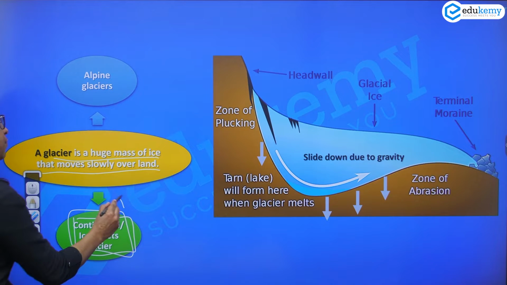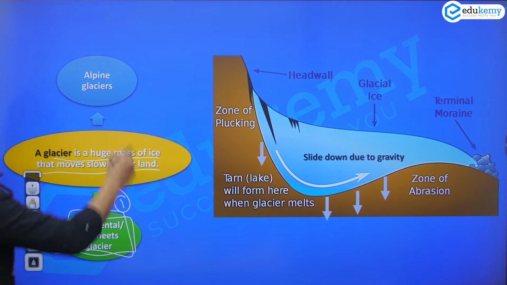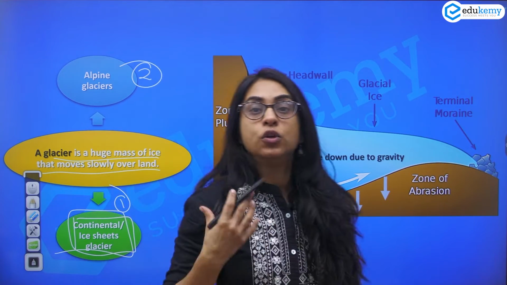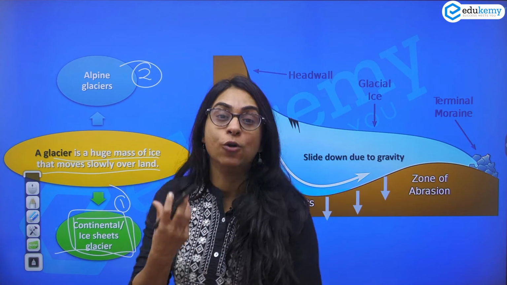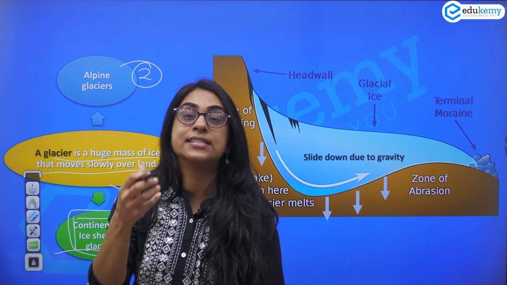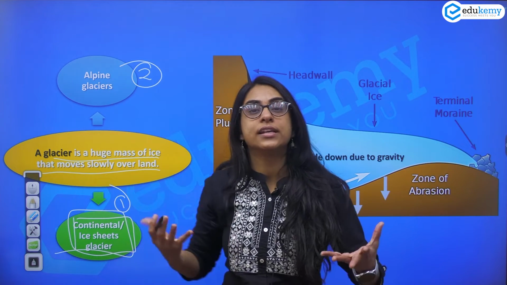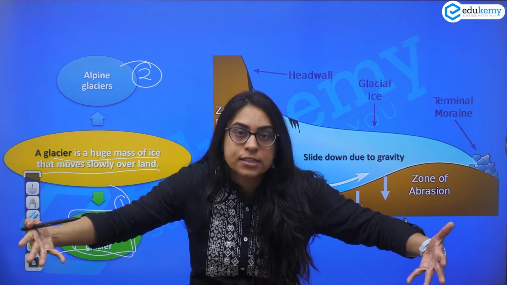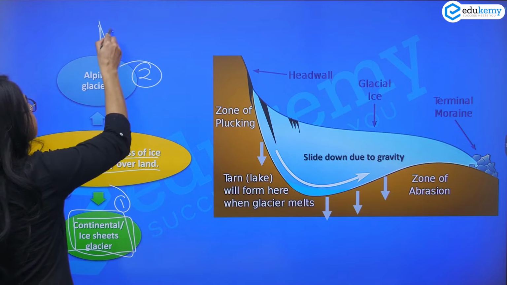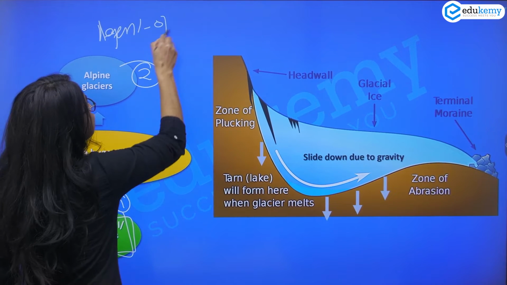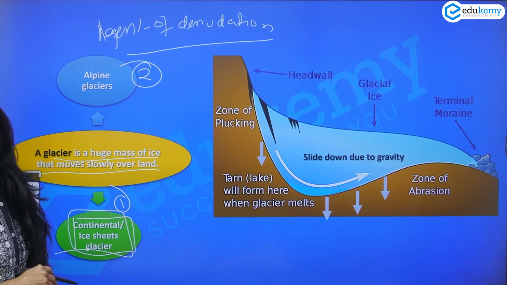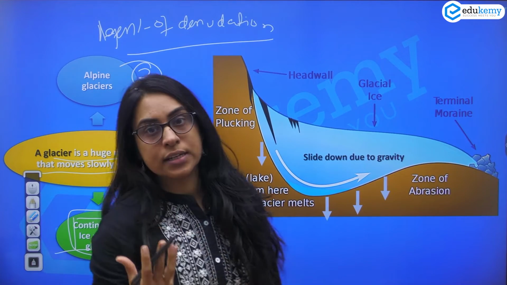This is one type. The second type of glacier is the alpine glaciers, which are there in mountainous areas. So we have the Alkapuri glacier and the Gangotri glacier in the Himalayas, the Himalayan glaciers. That's an example of a mountain glacier. So what is a glacier? It's basically a huge mass of ice that moves slowly and acts as an agent of denudation. Okay, that's what a glacier is, and we've also seen some examples.